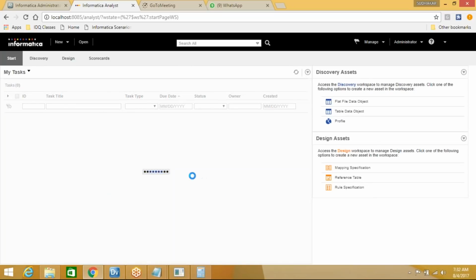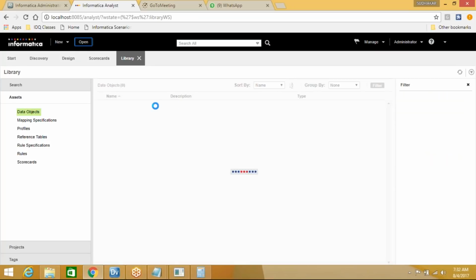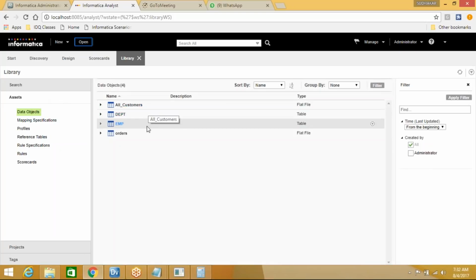This is the analyst tool, and the business people, stakeholders, and data stewards can access this. It is URL based. Anyone can access it with the browser and open. Click on open, and the library will open. All the different kinds of data objects will appear, because these are the objects we imported in the IDQ developer, right? The business people can access these objects. Let me go to the profile and show how they will see these profiles. If you take the profile customers,